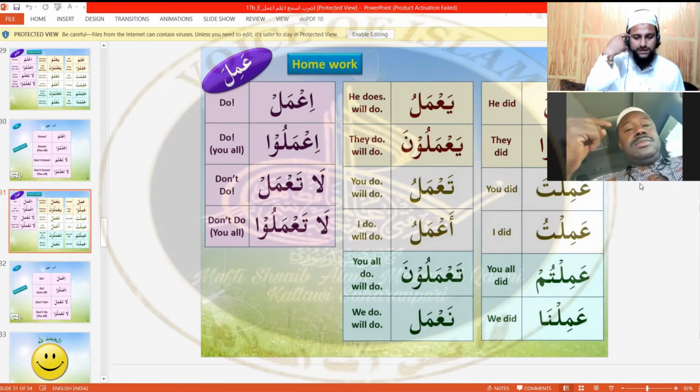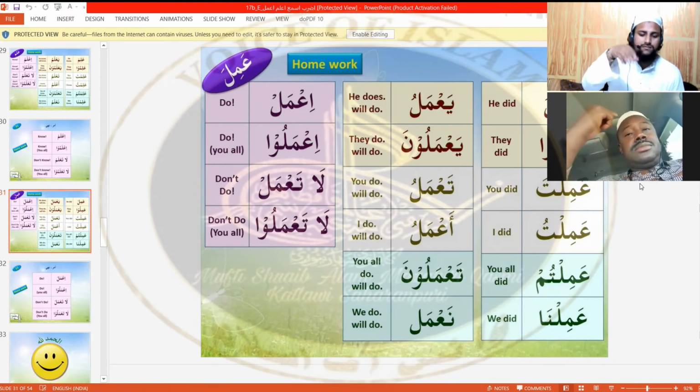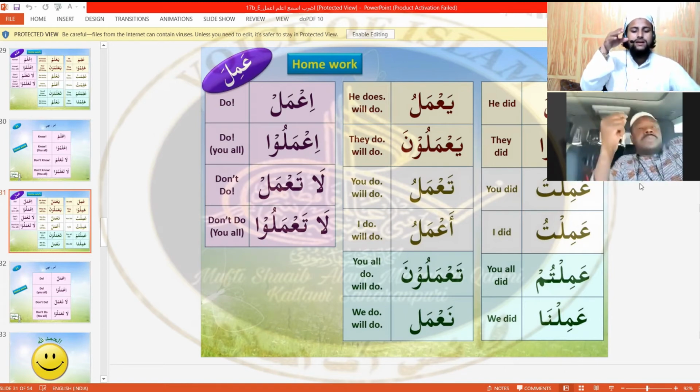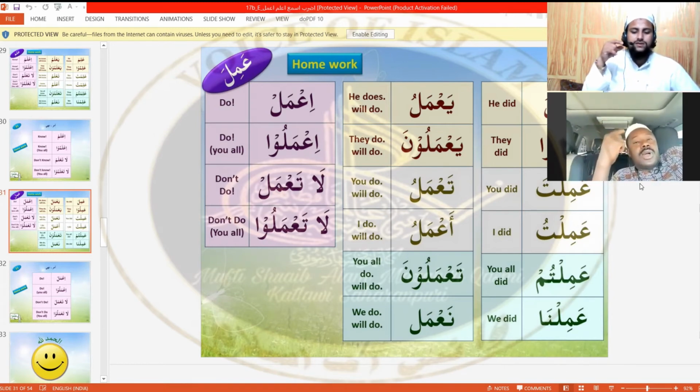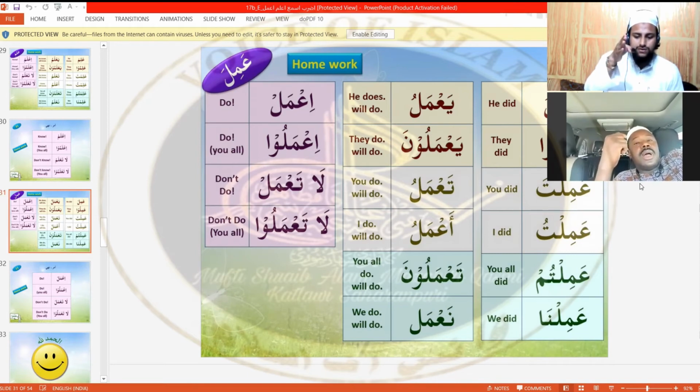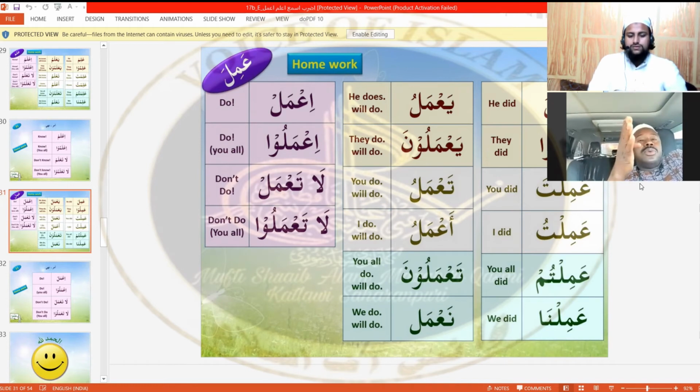All these fi'l mudari' words have two meanings: do and will do. Ta'maluna, you all do or you all will do. Na'malu, we do and we will do.